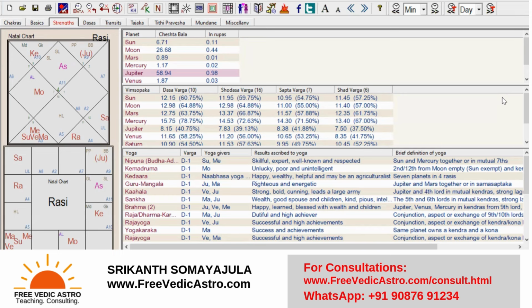And there is one more concept: if any planet is within 1 degree of the sun, it gives more of a result because it gets what in Hindi is called prakashit. The graha becomes prakashit. It gets the full energy of the sun, so it gives much better results. That's what I said at the start of the class. Some people say it gets more prakashit, some people say it is completely combust. There are both schools of thought. I will not generalize any of them.